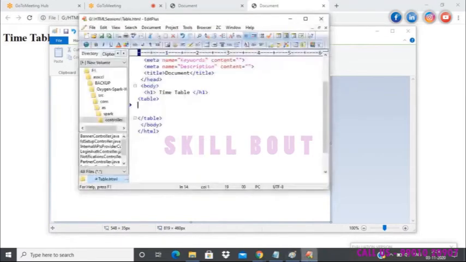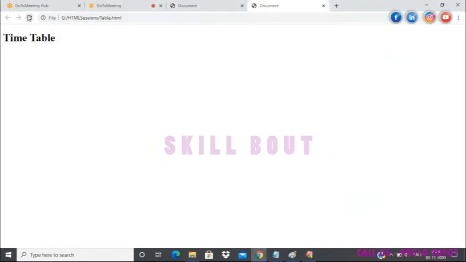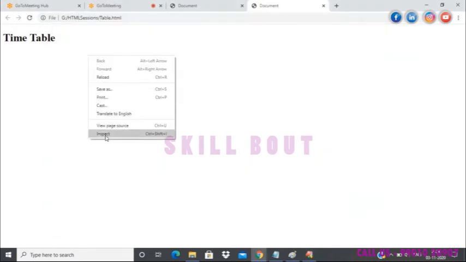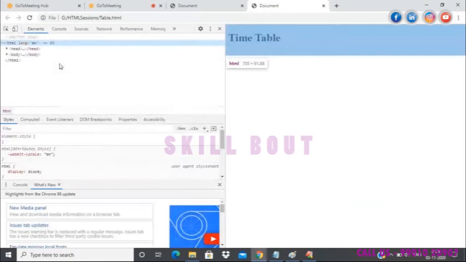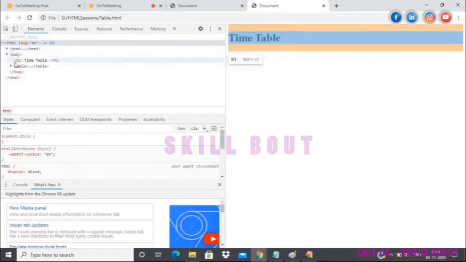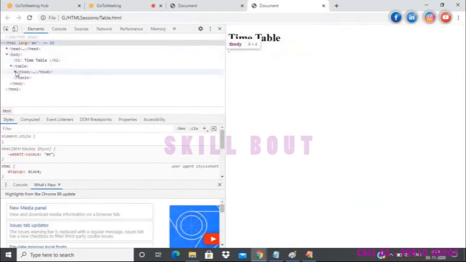Now in order to create a row, I will use a tag called the tr tag. Okay. Now refresh this, nothing. But when I inspect this, I'll show you the table. See here, we have a table. See, I did not add the body tag.